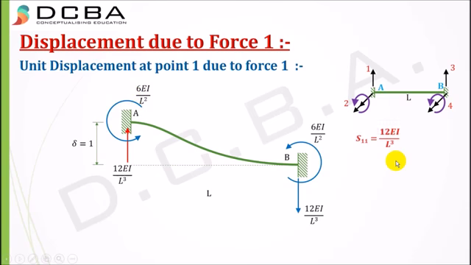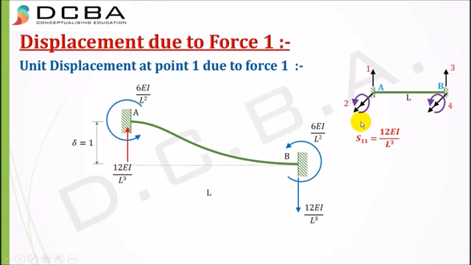Now S11, this is the first element of our beam element matrix, and it is given as 12 EI by L cube. What is S11? S11 is force or reaction number 1, and the other digit indicates due to force 1. So because of force 1, what is my force or reaction at 1? Due to force 1, the reaction is this itself, so it is 12 EI by L cube, and it is acting in the upwards direction, and upwards is positive. Therefore it is plus 12 EI by L cube.